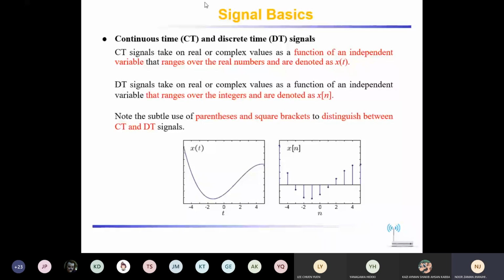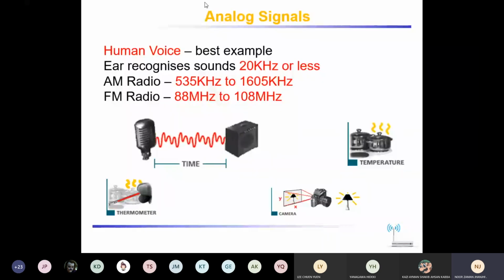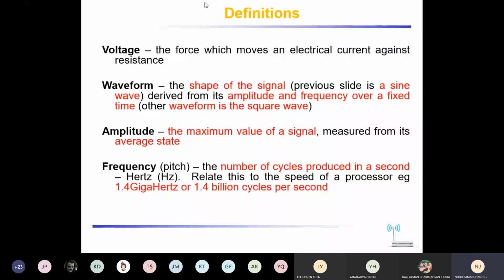Very simple, nothing to worry about with the different words. Now you can understand what these things are. From this example, you can see the analog signals, and how the frequencies move from the mic to the speaker in the animation, based on time. So this is the frequency. Now if somebody tells you that something has a wireless frequency of so many gigahertz, you must know what we mean by gigahertz. Let me go back so you can see what we mean by the gigahertz.